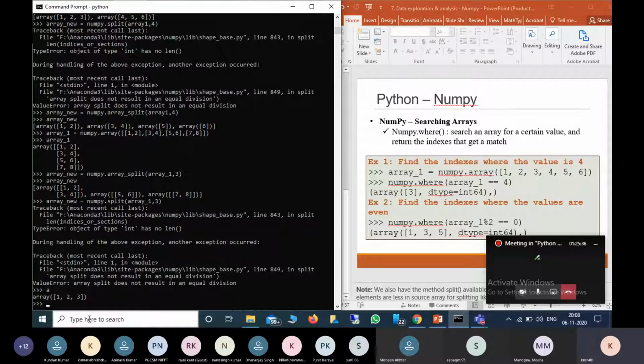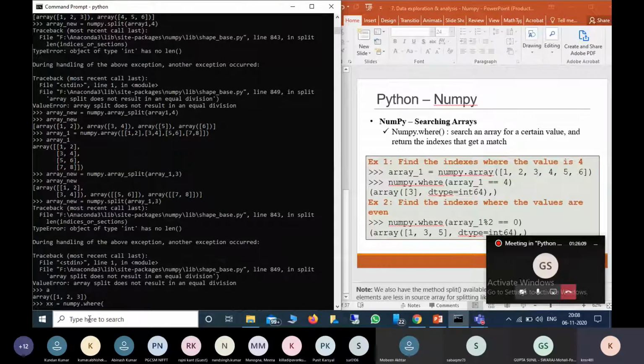If I want to find whether 2 is present or not, we can write x equal to numpy.where. I put double x because I already defined x and y earlier, and I want to use them back.